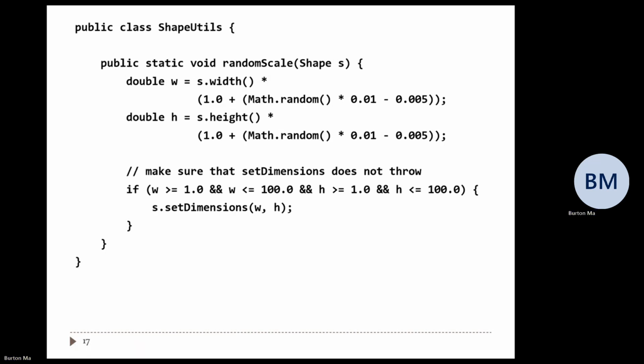So someone makes a utility class. They make a method called randomScale that takes in any shape object. Now, the way this method works is it randomly changes the size of the object by a small amount. So over here, I've got this value 0.01 minus 0.005. And that's multiplied by some random value between 0 and 1. So the value of this thing inside the parentheses